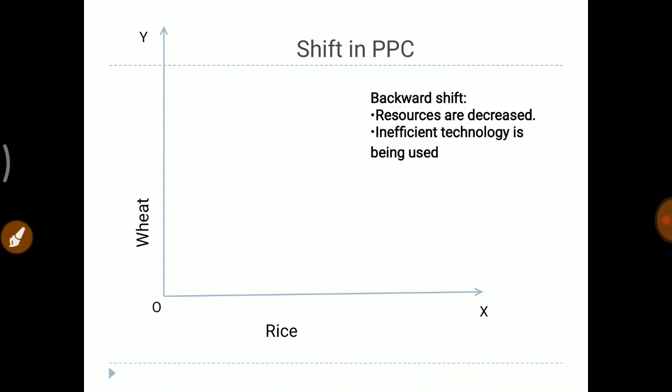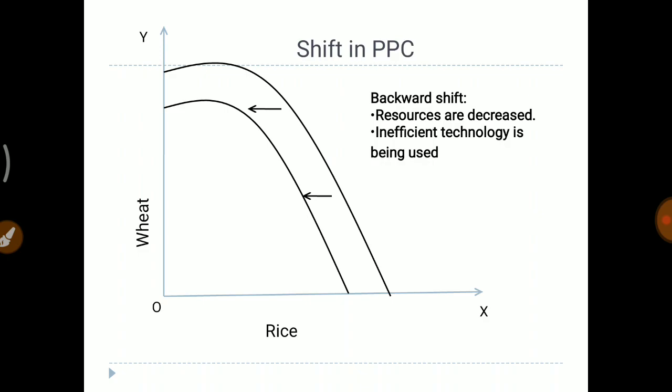Moving forward, backward shift. Similarly, if the resources are being decreased or if inefficient technology is being used, that is the reason why there would be a backward shift in the PPC. Same example, if I had a land, a part of the land I have sold out. As soon as my land has been sold out, my resources have been decreased. As soon as my resources have been decreased, my production will be affected, and there would be a fall in